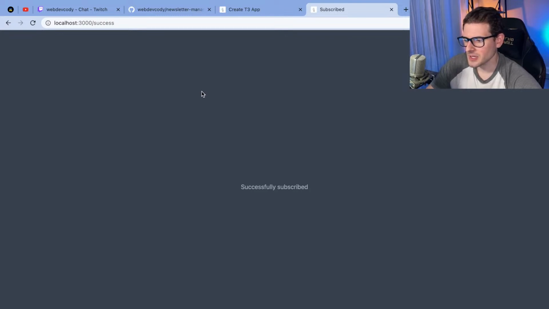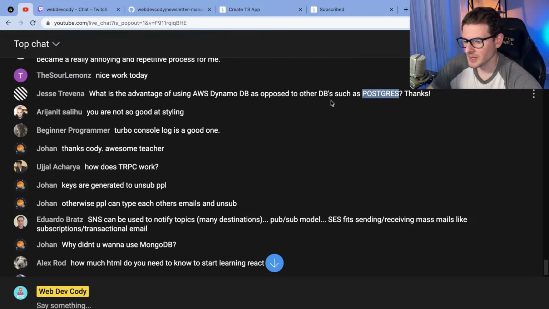Typically you have to use other services like AWS Glue to migrate your data into an S3 bucket, and then, not Glue, I'm sorry, Athena. I think it's called Athena, where you take all your data in Dynamo, put it in an S3 bucket, then use Athena to query over all your old data. So if you ever need real query uses, I would probably never use Dynamo. But there might be someone who's much better at Dynamo and can understand the real use cases of it, who could explain that.